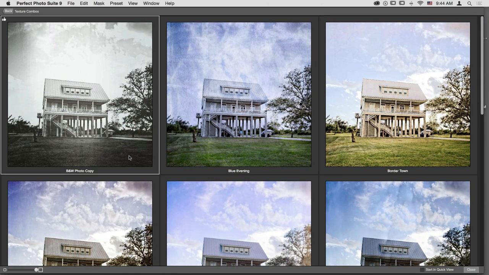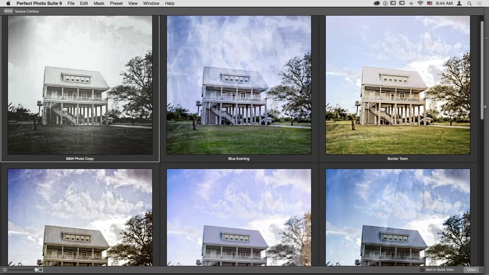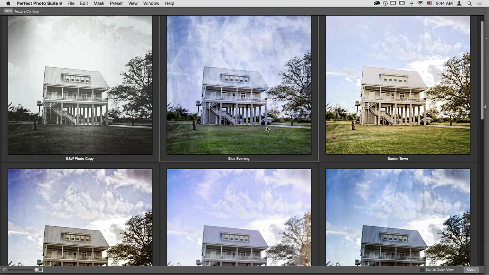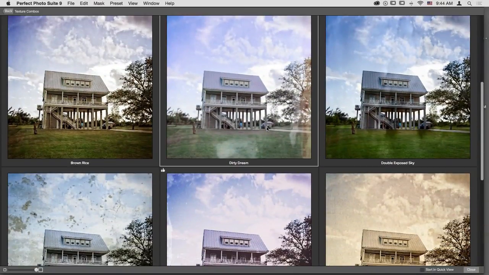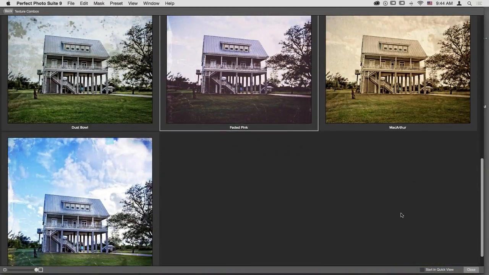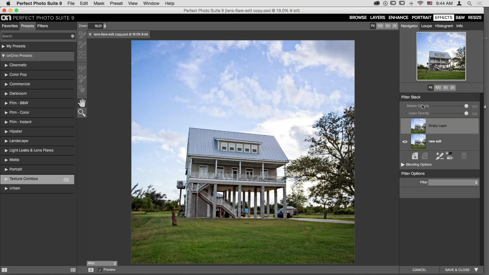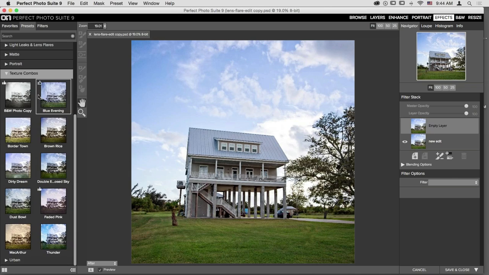The black and white photocopy is one that I've actually been using a lot. I didn't think I would, but I ended up falling in love with it, and it's really cool. And I can go down and I can select one of these from here as well. So there are some super awesome new presets that we created for you guys just for this iteration of Perfect Effects. The last thing that I will mention is I'm just going to add a filter really quickly so that